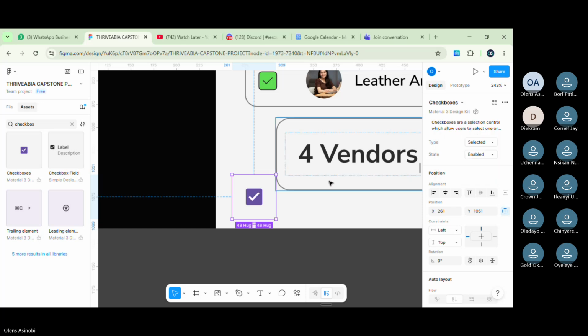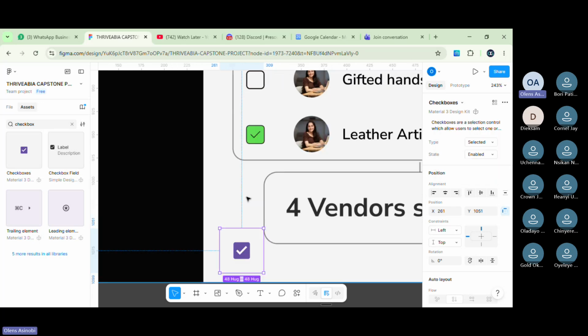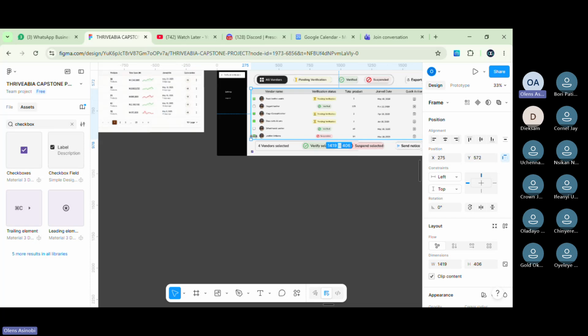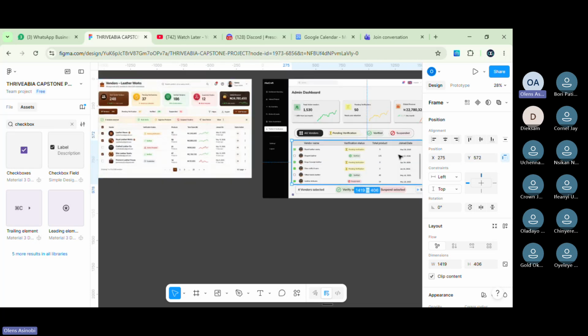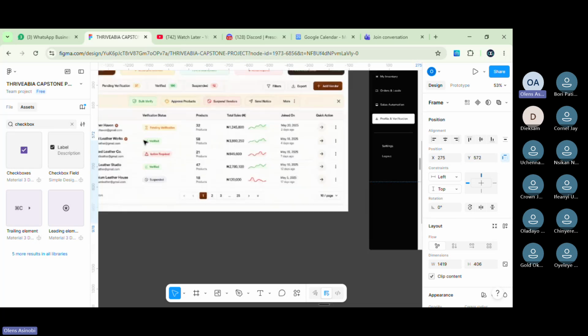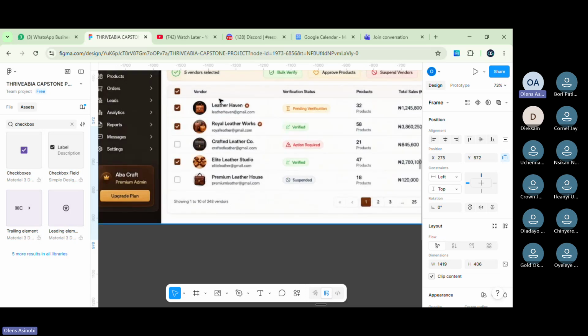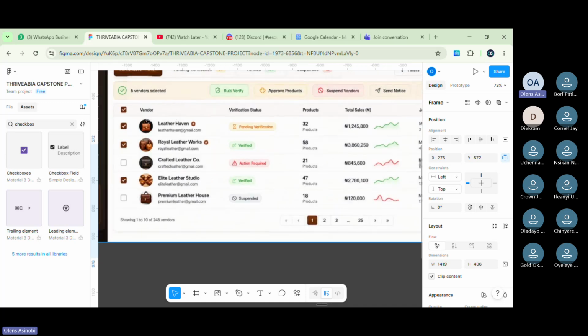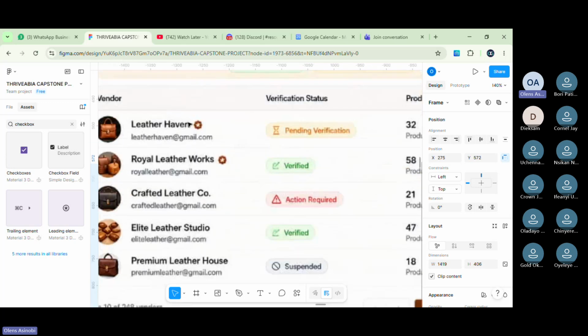No problem, sir. So please, this is wrong. You shouldn't be having stroke and fill when it comes to icons like this. So just follow the pattern. So technically, as you're designing it, just do copy and paste, right? You see how they have the vendor name and their email. Is that what you did? You just have only vendor name with their email, and then this badge to indicate if a vendor is verified or not. You understand? Verified vendor should have this badge.